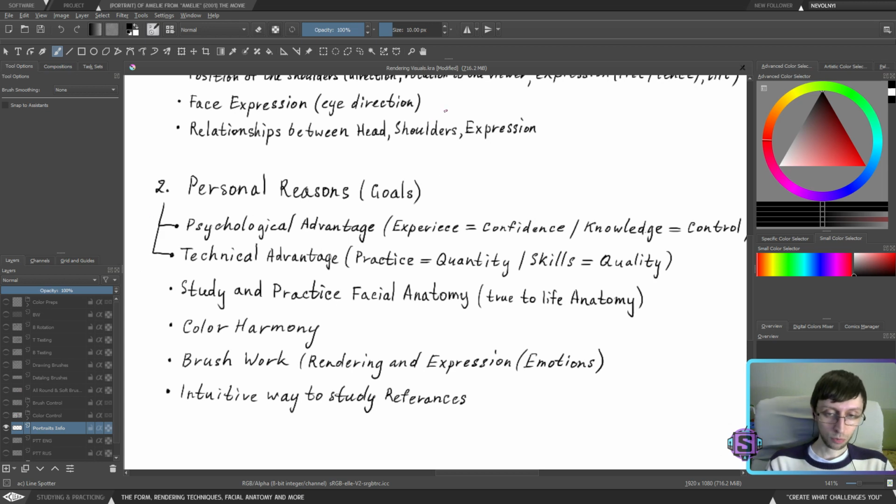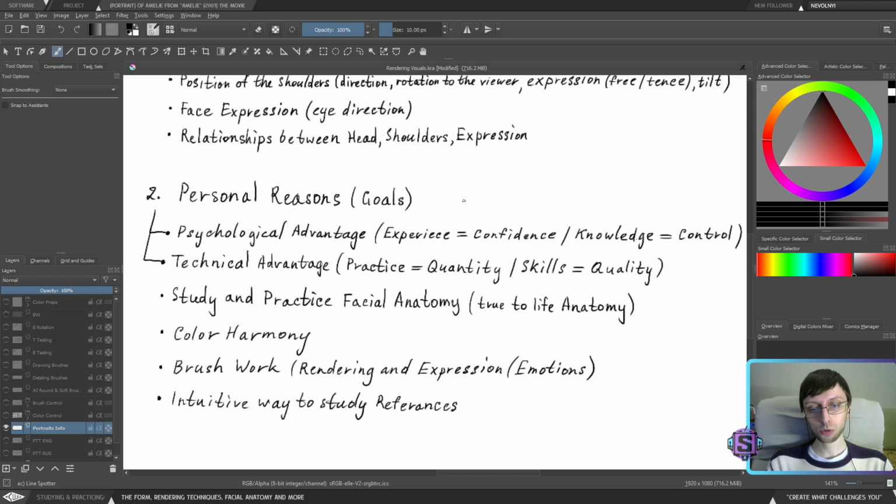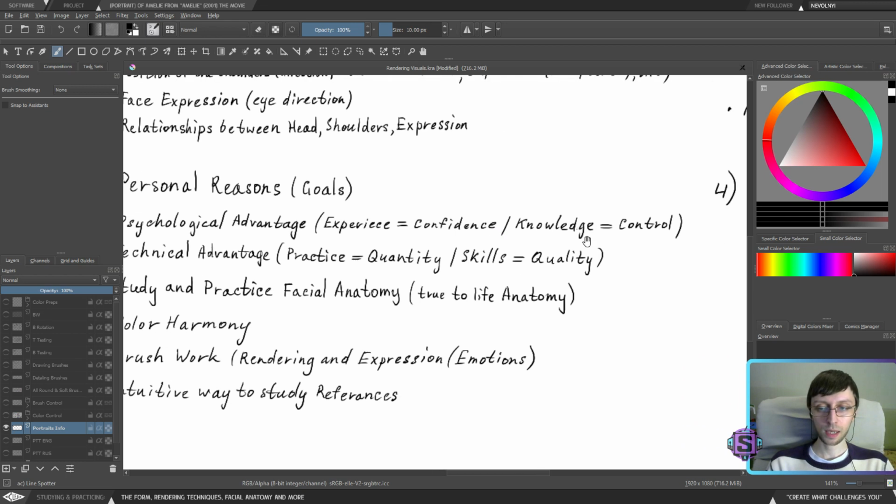We also added the personal reasons for this, so our personal artistic goals, what we need to learn psychologically or technically. Again, this is more technical information. Psychological, you're going to find your own personal reasons. Again, for me, it's confidence, the lack of artistic confidence that doesn't allow me to solve problems with confidence 100%. I have a lot of knowledge, and I kind of know how to control it, but I don't have experience in it. And because of this, I don't have confidence. So again, they all connected.